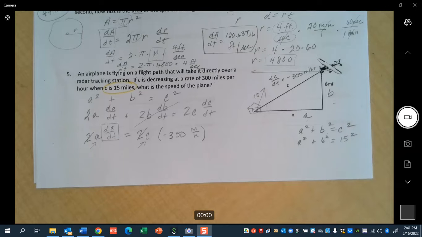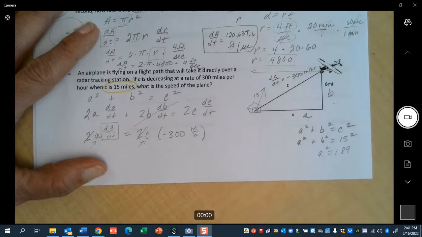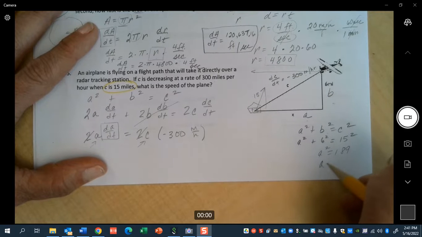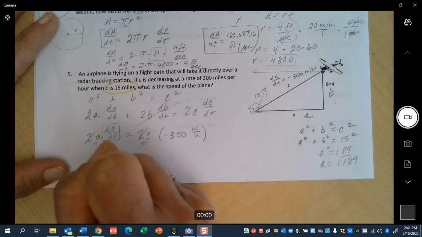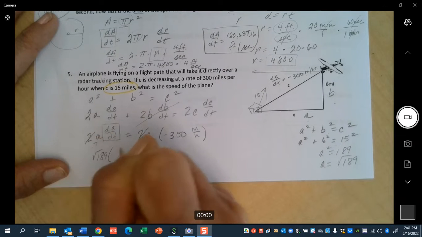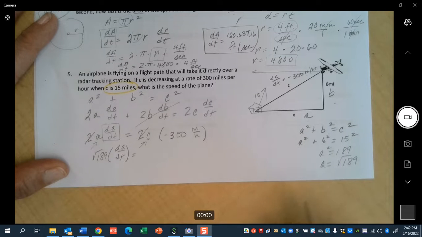Well, B is not changing. So 15 squared minus 6 squared. So A squared is 189. A is equal to the square root of 189. So now the square root of 189 times this rate of change is going to be equal to